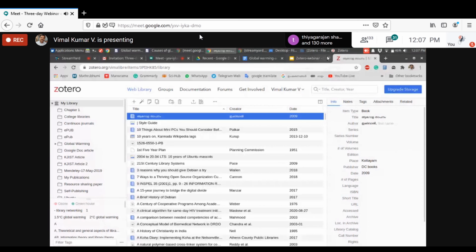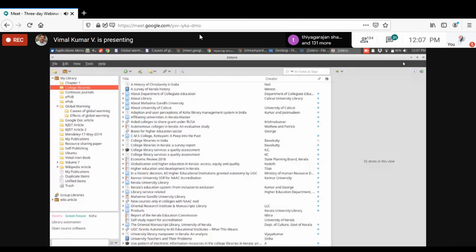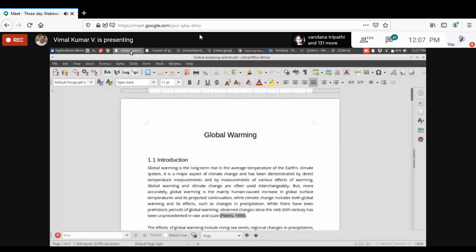First, make sure that the Zotero client is open, then open the manuscript. I'm using LibreOffice here. I'm using Linux, so I use LibreOffice. Otherwise, you can use MS Office. Anyway, Zotero works well with both MS Office and LibreOffice. In the word processor, you can see the Zotero toolbar appears here. In MS Word, you can find a new menu called Zotero. Clicking on that menu, the Zotero buttons will appear.